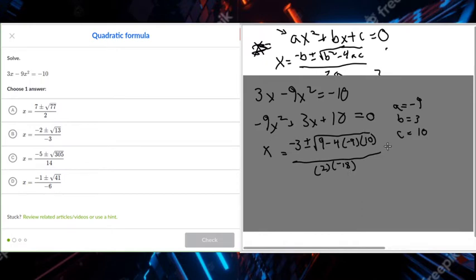And let's simplify that a little bit. Negative 3 plus or minus the square root of, what do I have over here? 9 plus, negative and negative is a plus, 360. So 369,